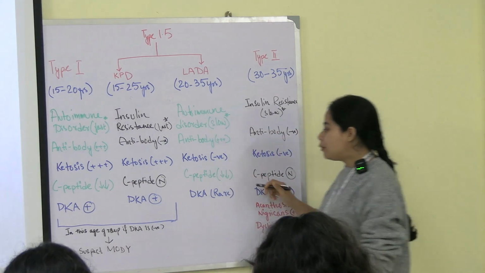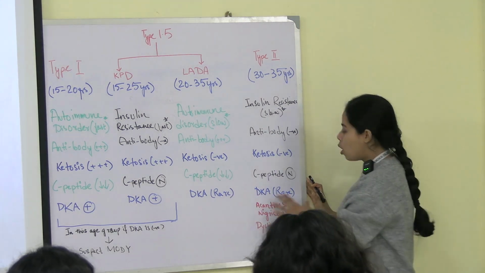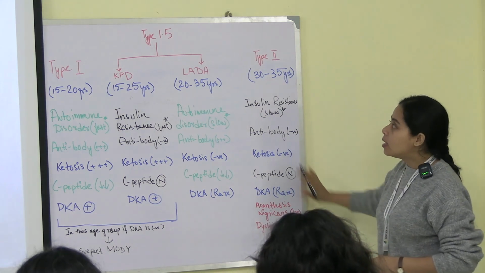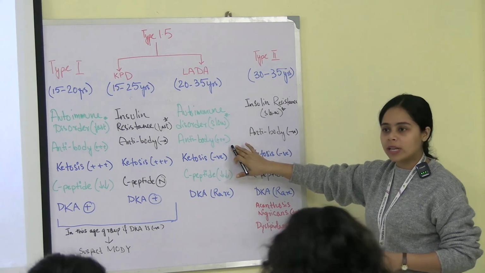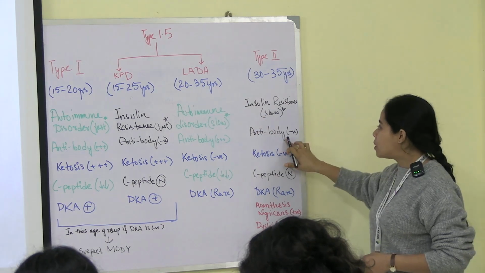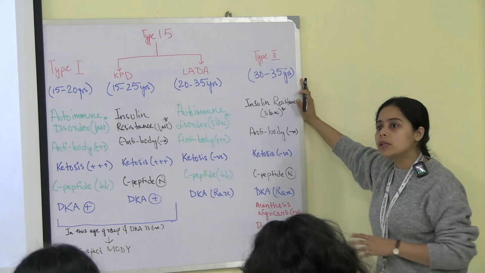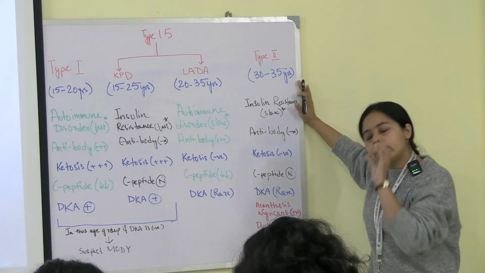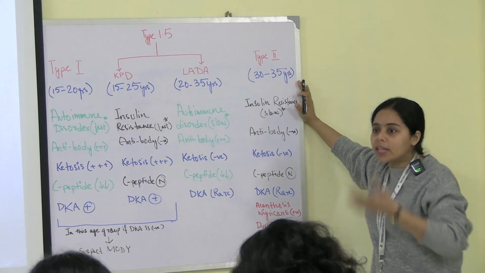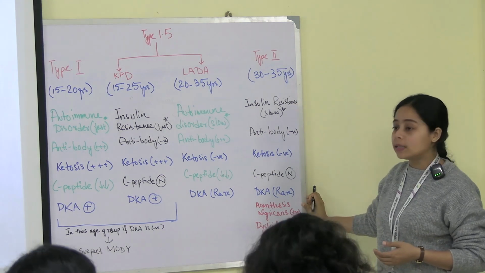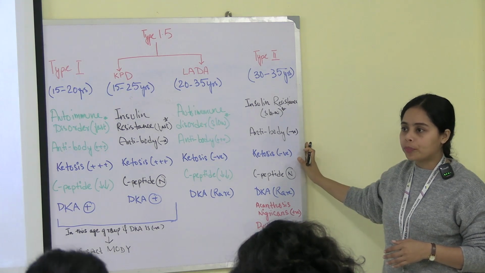Now similarly, if you see that DKA is not there, ketosis is not there, you will focus on LADA or type 2. Then how do you understand further? You check for the antibody, whether present or not. If present, it means LADA; if absent, type 2. Other things in the question that help in diagnosis: a type 2 patient will be mentioned as obese, BMI or body weight is more, fatigue will be there, acanthosis nigricans will be there, or dyslipidemia. These are a few points for diagnosing type 2.